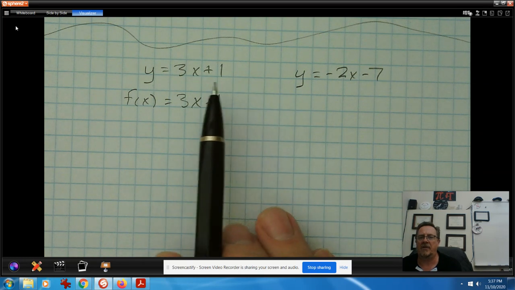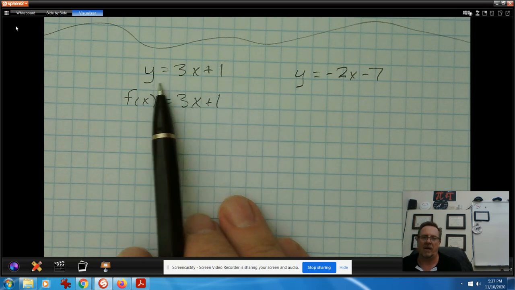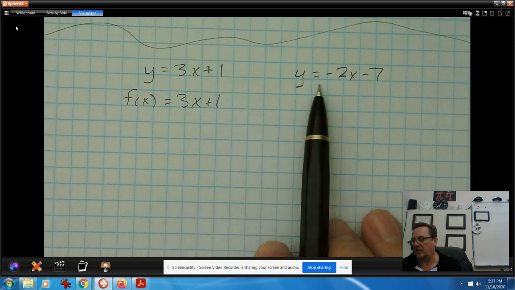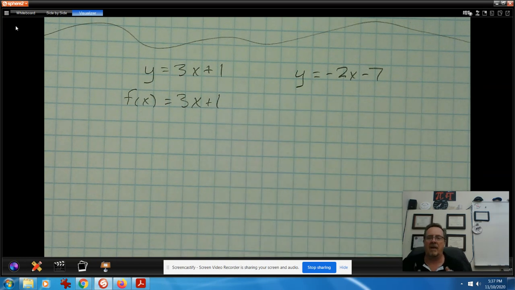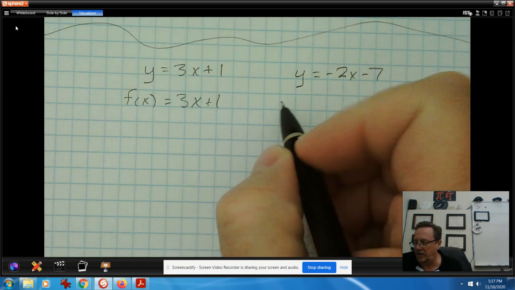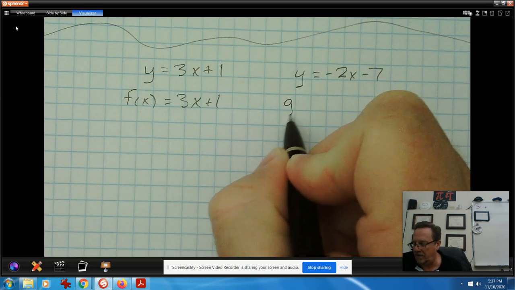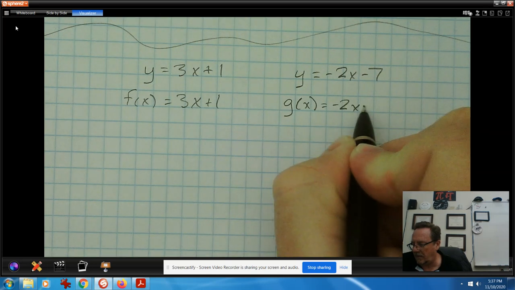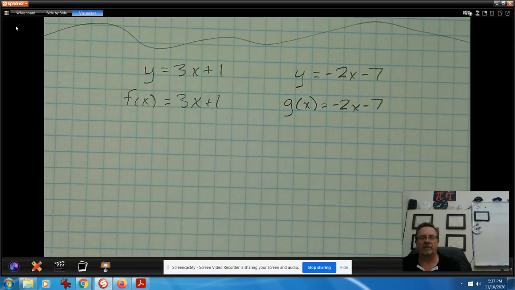If I name my functions all the time by just using y equals blah, blah, blah, y equals blah, blah, blah, how can I talk to you about more than one of them? The answer is I could use function notation. I could name this function g of x. All right? Now, I can then tell you, okay, for f of x, see what you get when x is